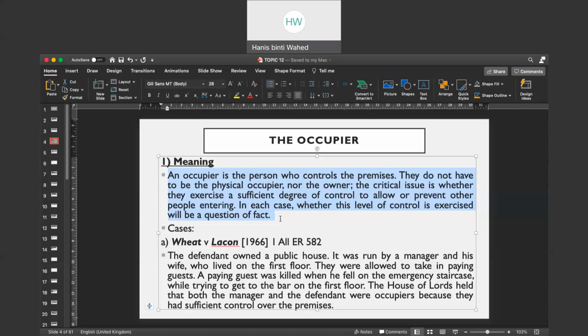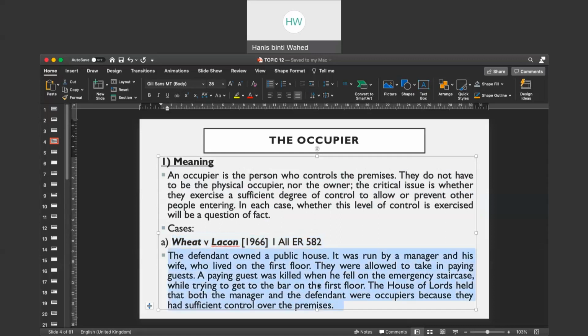Okay. And the test that will be used to determine who is the occupier is what we call the occupational control test. Okay, occupational control test. And the case that discusses the occupational control test is the case of Wheat against Lacon. This case discussed the occupational control test, the test that we can use to determine who is the occupier. So in this case, if you read the facts of this case,